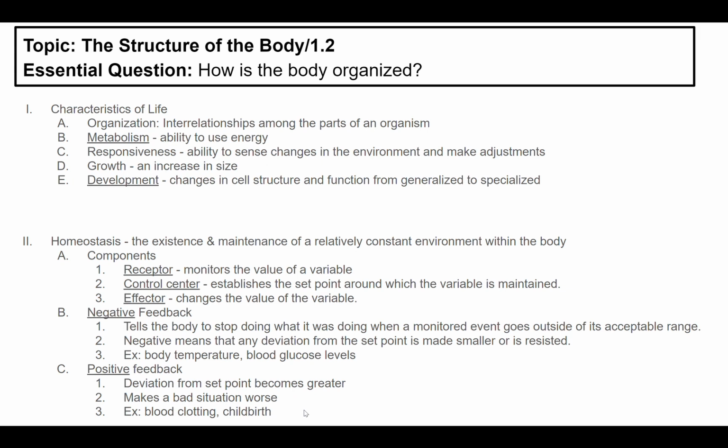Okay, so the two examples here, sorry, my screen keeps showing that, are blood clotting and childbirth. So think about your blood. When you cut yourself, you want your blood to clot to stop the bleeding, or you're just going to die of blood loss. So you want to keep going towards that point of blood clotting so that you can survive. Also childbirth. If you're in labor, that's not a normal situation. That's gone away from the set point, but you want to keep having those labor contractions so that you can get the baby out. If you stop, then you'll never have the baby, and that would not be good.